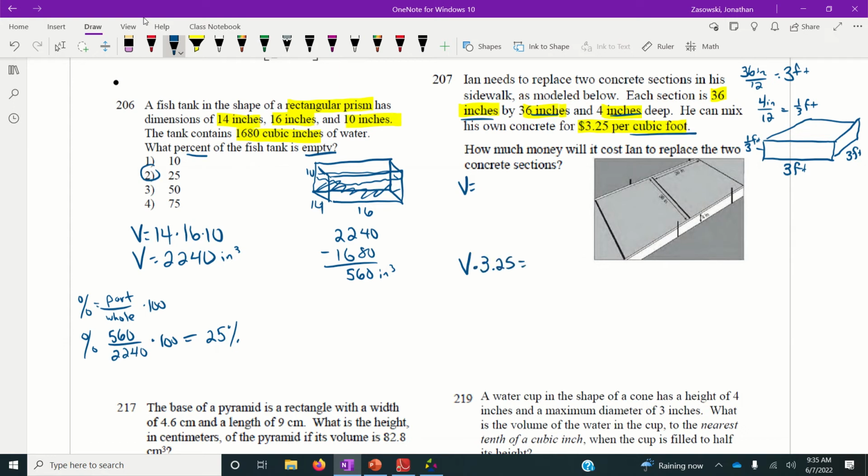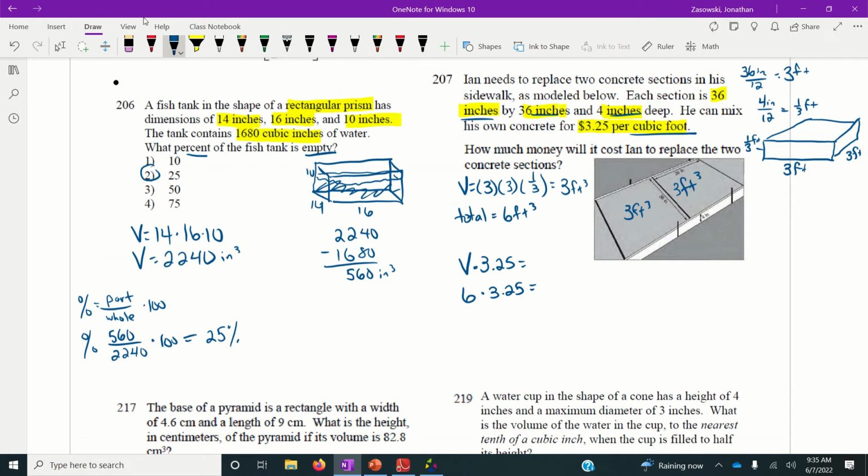Now, you're going to lose points if you use 36, 36, and 4, so you have to remember we're going to do 3, 3, and then 1/3. And this just equals, well, 1/3 of 3 is 1 times 3 is just 3. So this is 3 cubic feet for each of these sections. Okay? So the total volume is equal to 6 cubic feet. So all we're going to do is multiply 6 times 3.25 for our final answer,